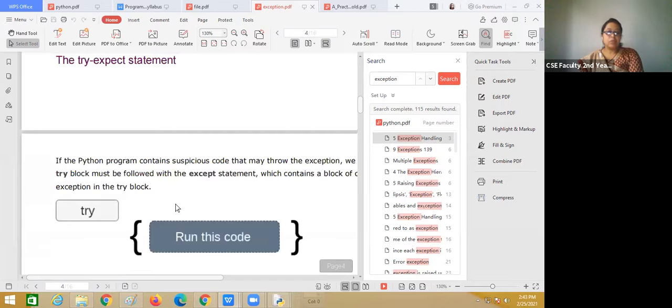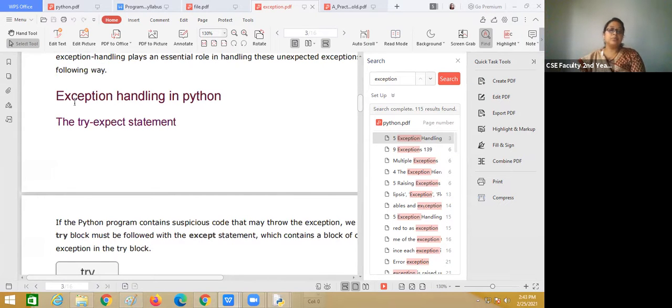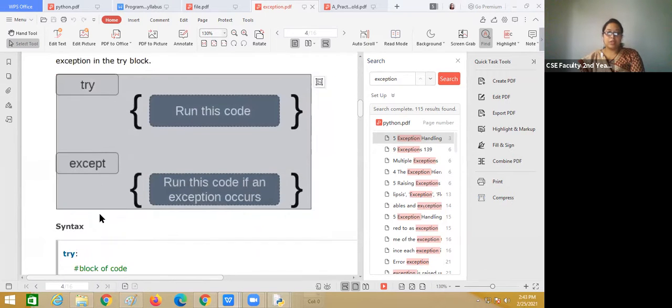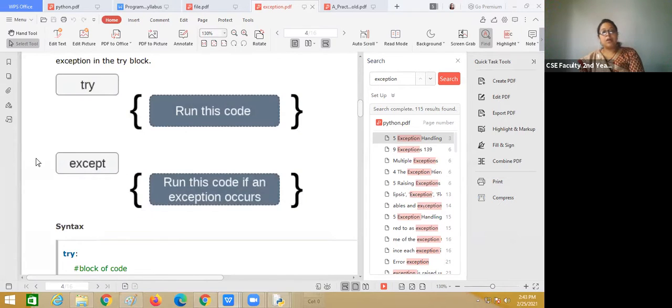How? First of all, we have to go through some steps. What are the steps? Try and except. In Java also there is exception handling, handled by try and catch block.